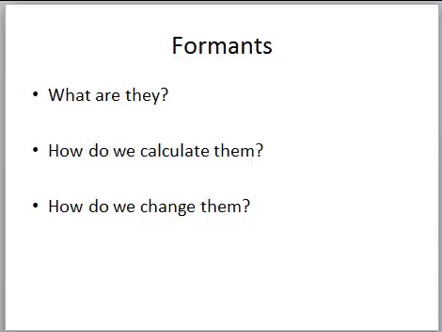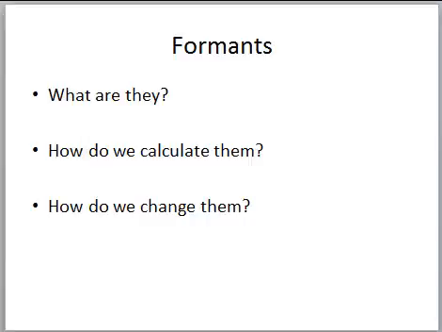So if we use an estimated 17 centimeters for an adult male and plug that into that formula that we used, the frequency equals the speed of sound divided by 4 times the length, we get a first formant frequency of 500 hertz. Then the second formant is 3 times that value, or 1500 hertz, while the third formant is 5 times that value, or 2500 hertz. So those are values for a neutrally positioned vocal tract, or a schwa vowel, the sound. And now remember that 3 times and 5 times come from the quarter wave resonator idea we just discussed, to make sure that we have that antinode leaving the oral cavity.